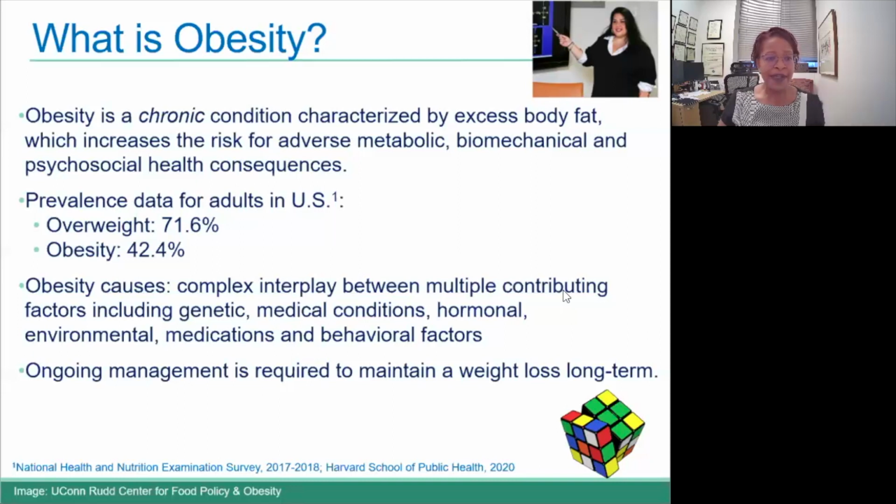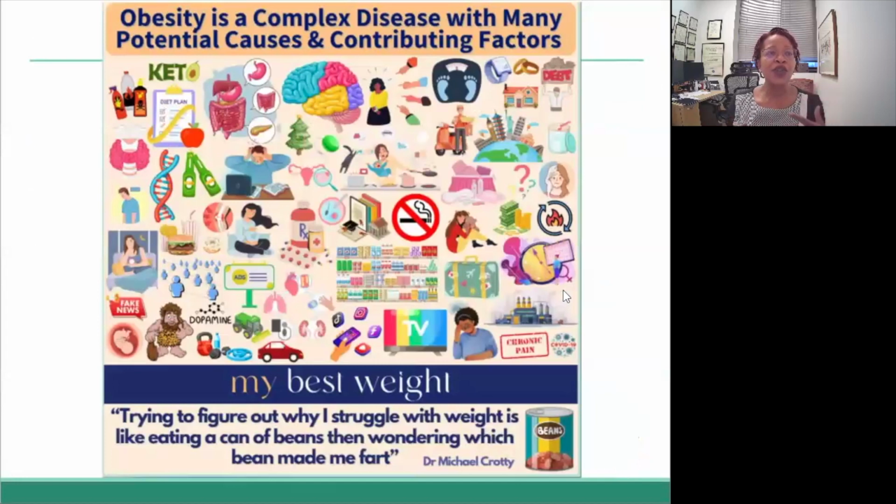In patients who have acromegaly, there are only small cross-sectional studies looking at groups of patients, but in those groups, we've seen prevalence for obesity similar to the general population, about 43%. There are so many different factors that can contribute to any given individual having obesity, including a genetic component, often medical conditions they have, hormonal problems, and medications. Because there are so many possible factors, we know that ongoing management is required to take care of weight